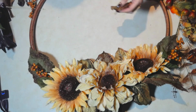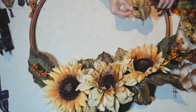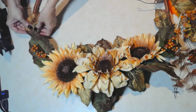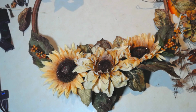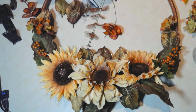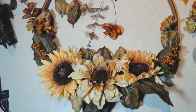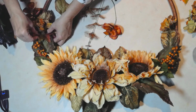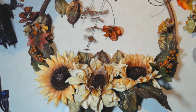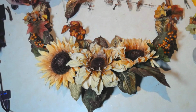So all I'm doing here is adding some more of my beautifully sparkled and painted leaves. Again, these are just normal leaves, and I just painted them with a bit of the copper paint that I had and some gold paint, and that's easy enough to do. And just continue to add all the embellishments that you want. And you can see how quickly these simple items become so high-end looking just by adding a little bit